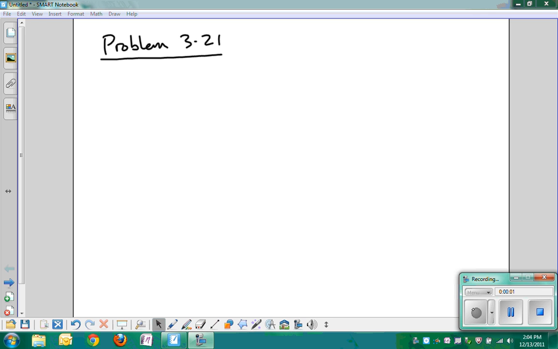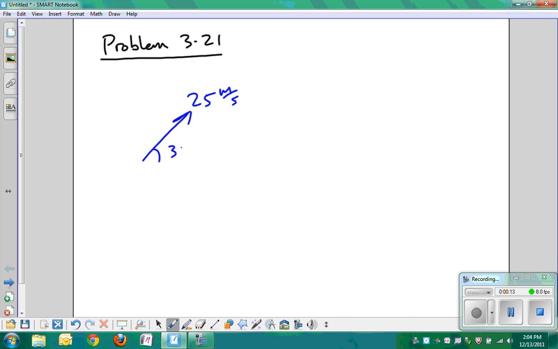All right, we have the fire hose problem, where we have a fire hose that shoots water, so it's got to be blue, at a velocity of 25 meters per second at an angle of 35 degrees above the horizontal. The question is, where does the fireman want to stand, how far away from the building, in other words, what's our delta X,